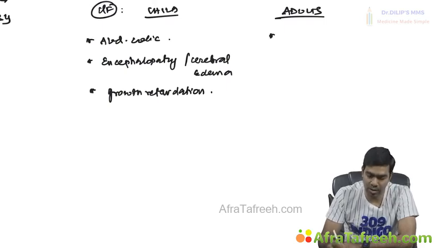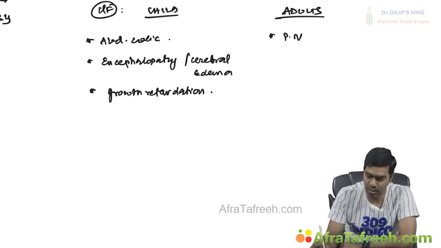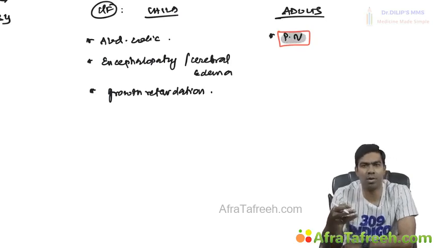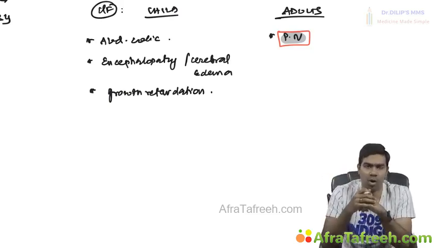In adults, what you're going to see is typically peripheral neuropathy. This is what is classic in adults. It can be any type of peripheral neuropathy. Very commonly, they produce wrist drop or foot drop or both. This is the commonest: the radial nerve or peroneal nerve is what they very commonly affect, producing a wrist drop or a foot drop, which is again very